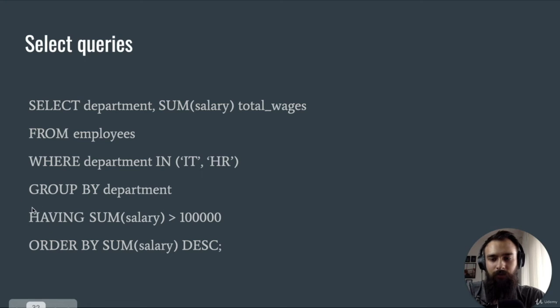Having specifies a condition on the aggregated columns. In this case, the aggregated column is salary, where we calculate the sum, and the condition is that the sum must be greater than 100,000. Finally, we want to order the result by the sum of the salaries in descending order. That means that the result will show the department with the greatest sum of salaries first, and then the other